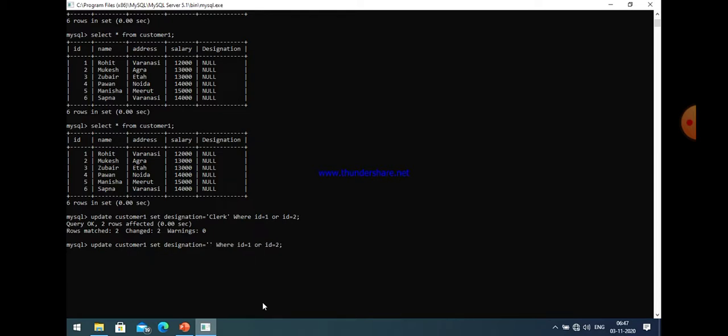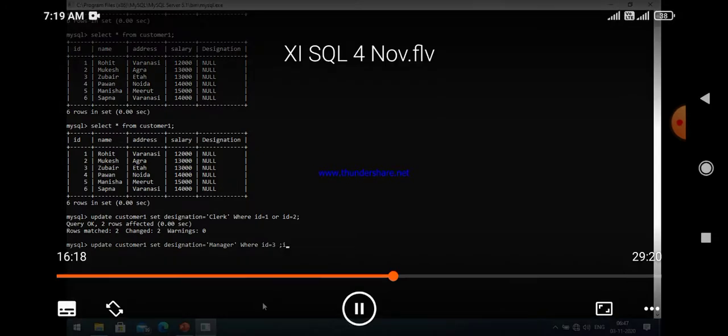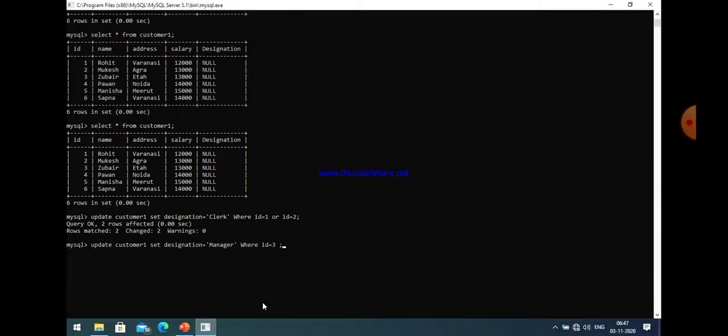Now I will change the designation to manager for id 3 only. And as you know, when you separate two conditions by using or, that means if the first condition is found to be true, then in that case records will be updated when we use the update table command with the where clause.